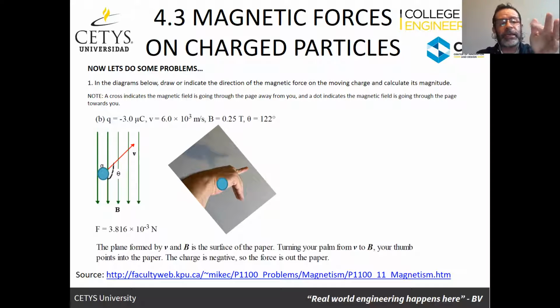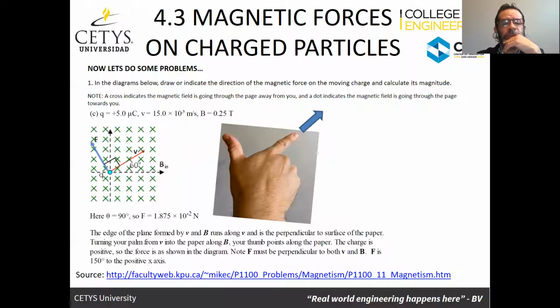And the calculation, again, it's 3 microcoulombs times 6 times 10 to the 3 meters per second times the magnetic field, which is 0.25 Teslas, and the angle. Remember, if you have any questions, stop. Now for the next one,